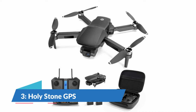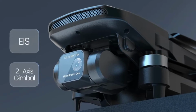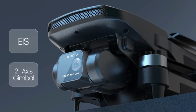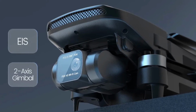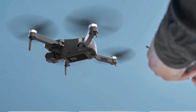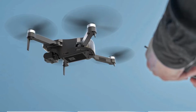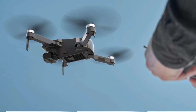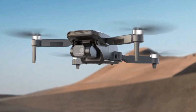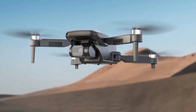Number 3. Holydon GPS Drone. Holydon GPS Drone is the perfect addition to your next party, and we at ecommerce.com guarantee that you won't be disappointed. With an excellent 2-axis gimbal camera, this drone is designed for adults to take pictures and videos while flying. The HS360 is a drone with a camera that offers a beautiful 4K Ultra HD image,